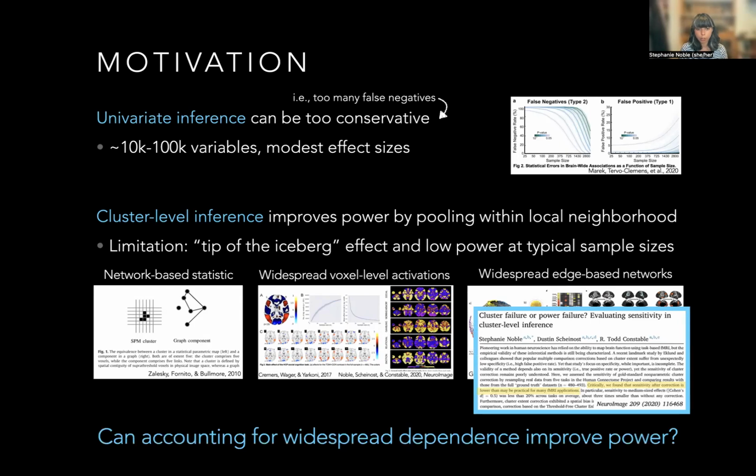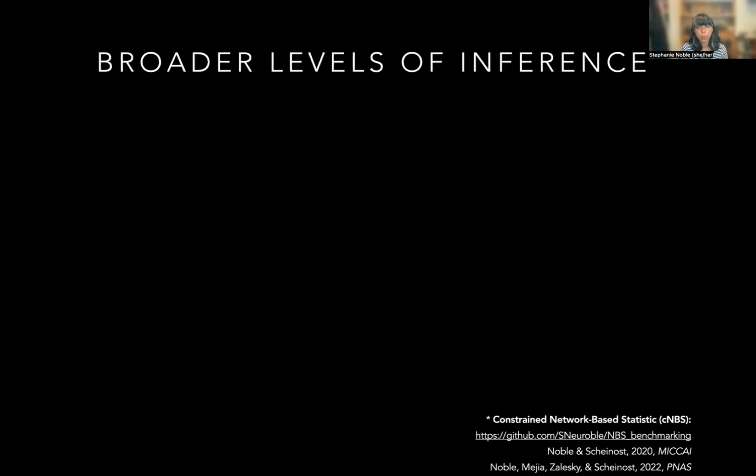So something that I was wondering was, given our observations of these widespread effects in both the activation and potentially the functional connectivity context, could accounting for widespread dependence actually help us improve power? So I've introduced a couple new inferential procedures to try to account for this dependence. And in the interest of time, I'm going to be glossing over these, but feel free to reach out with any questions. One is a network level